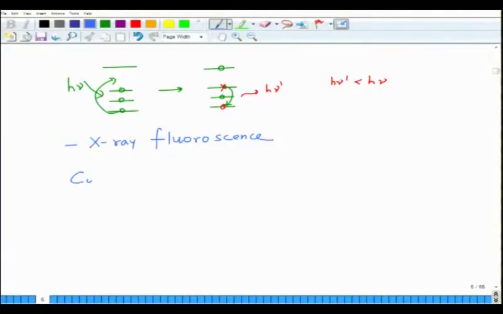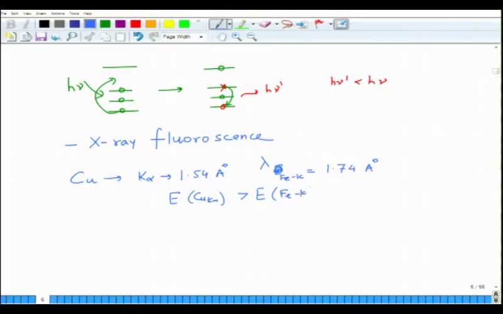For example, in the case of copper, K alpha is 1.54 angstrom, and for iron, the FeK edge is nearly lambda 1.74 angstrom. Which means the energy of CuK alpha is higher than the energy of FeK,